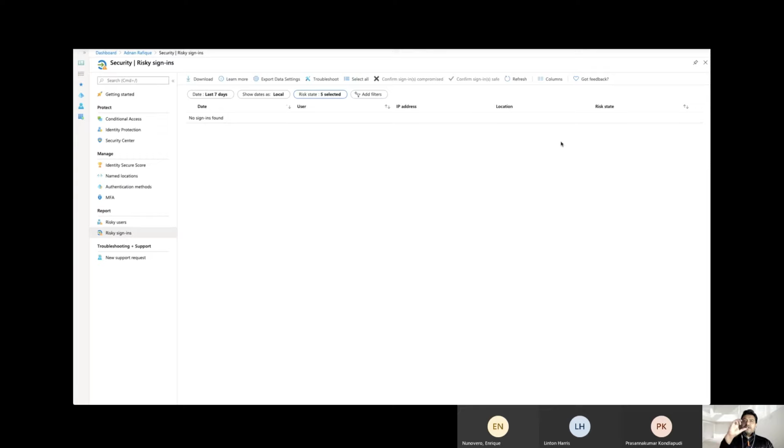So each individual event will come here, and that particular event will show you, and then you can figure out, okay, that particular thing is happening. And then once you click that, it will show you the detection of what that particular event caused that sign-in or risky sign-in. So that's basically what you have. And again, individual events you can mark as compromised sign-in and confirm.